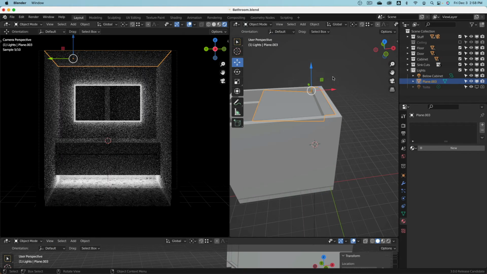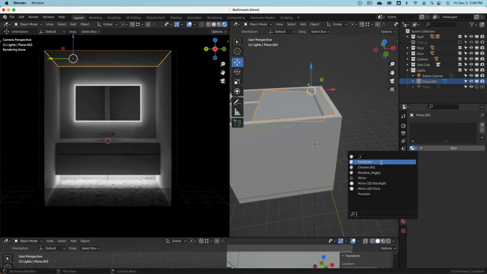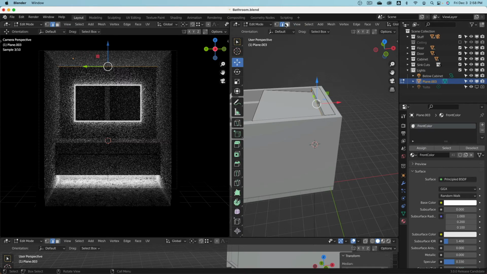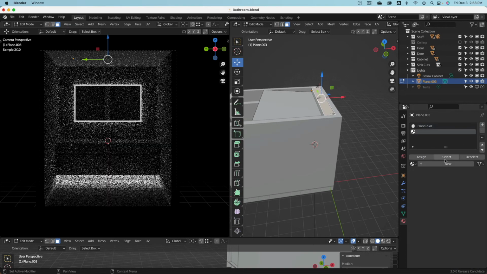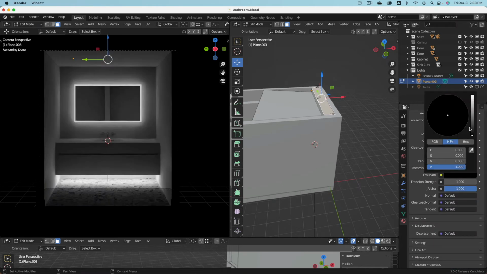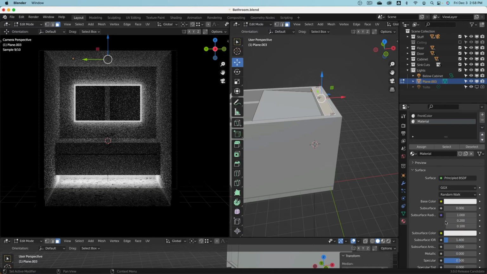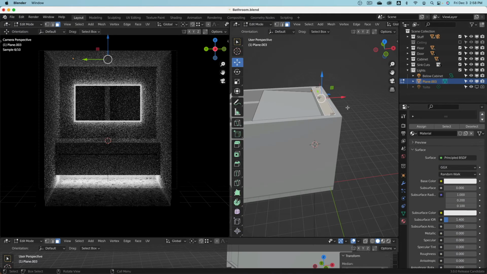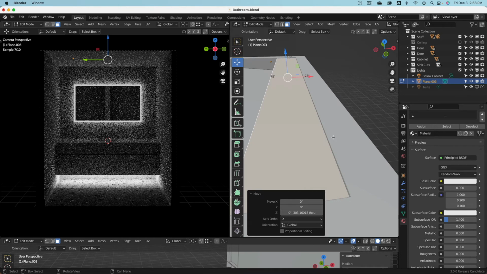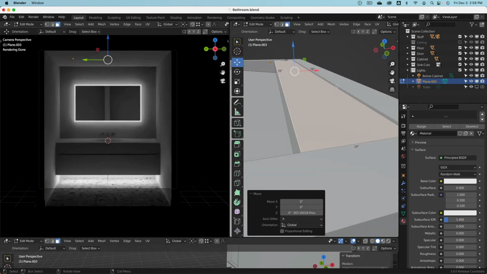So I will give this actually this funny front color from SketchUp. So it has the same material like anything else, default. And then I will go into edit mode, face select, select this face, plus new, and do the same one more time. And I have to move this down just a little bit. Keep in mind, when this is right where it was, it's kind of intersecting actually with the ceiling